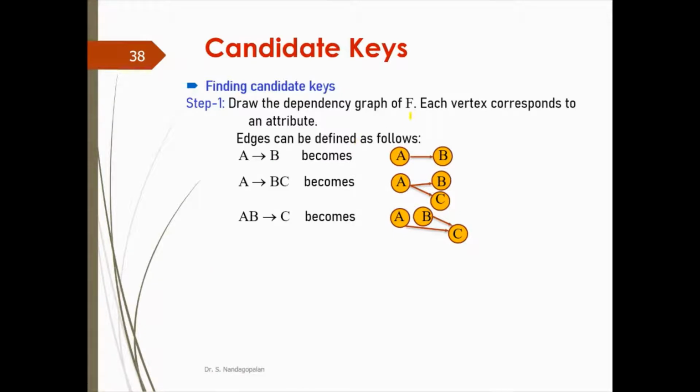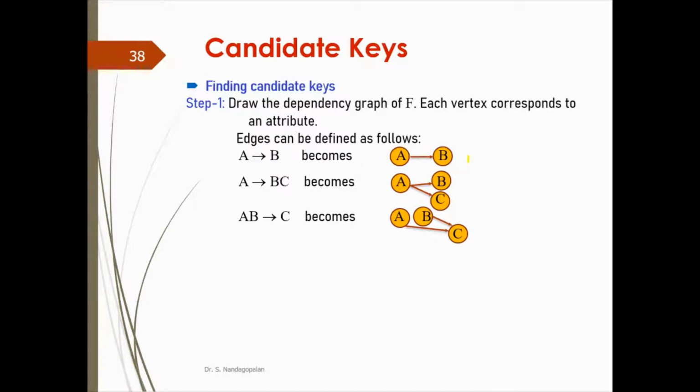for any given relation R with so many attributes like A, B, C, and also a given set of FDs. What I've given here is a general perspective. Later on, we will see more examples. Let's assume that we have an FD given as A arrow B, where A is an attribute and B is another attribute of R. How to write the